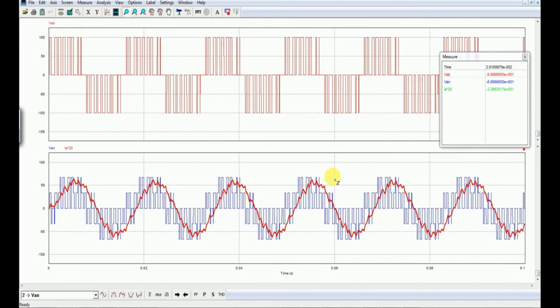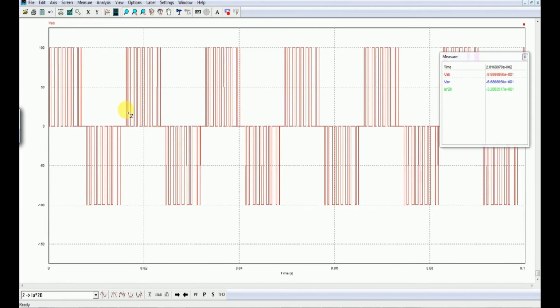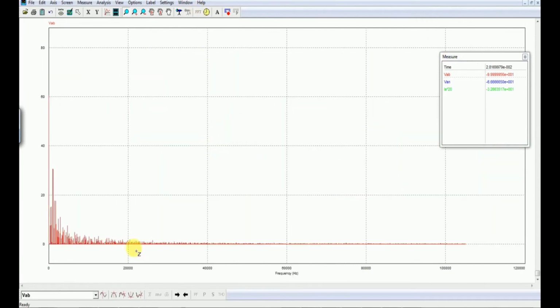In addition to that, we are more interested in seeing the harmonic spectrum here. So let me delete this particular graph here and see what kind of harmonic spectrum we expect for this VAB. So for that, let us take this FFT here. So you can see a lot of harmonic content is visible in this FFT. But we need to restrict it